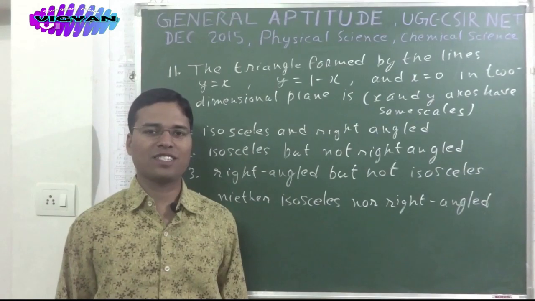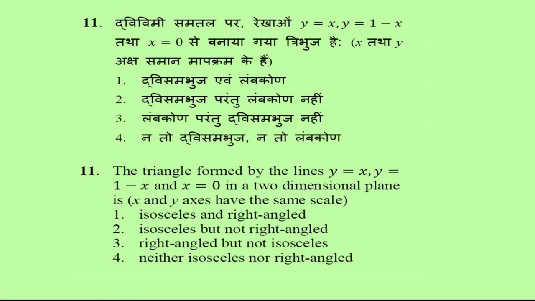Let's start the solutions. The first problem of this episode, problem number 11: the triangle formed by the lines y is equal to x, y is equal to 1 minus x and x is equal to 0 in a two-dimensional plane, where x and y axes have the same scale, is